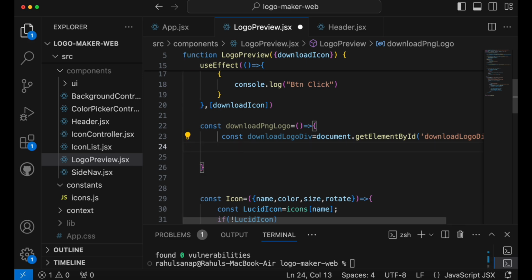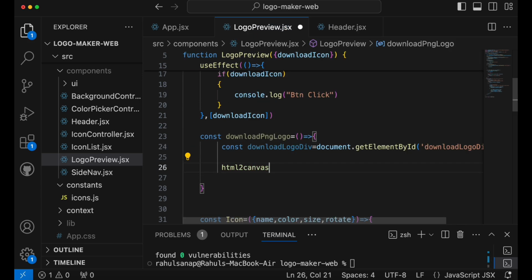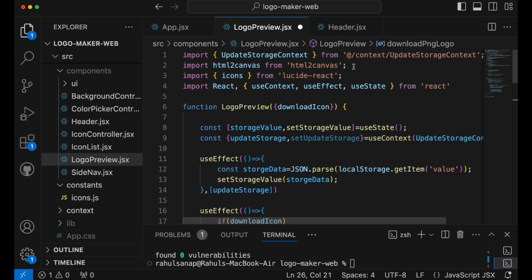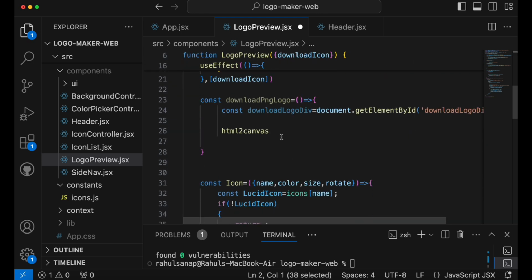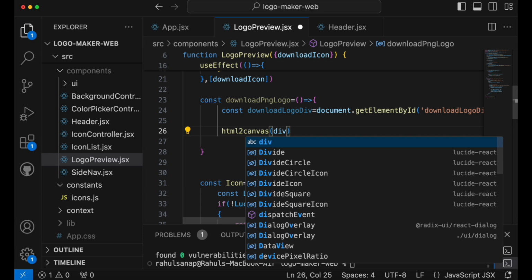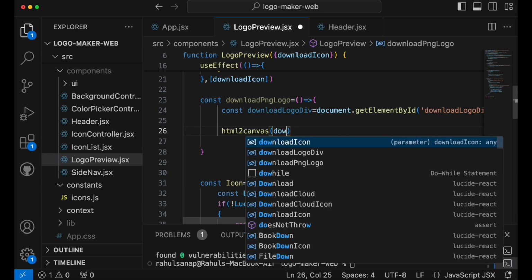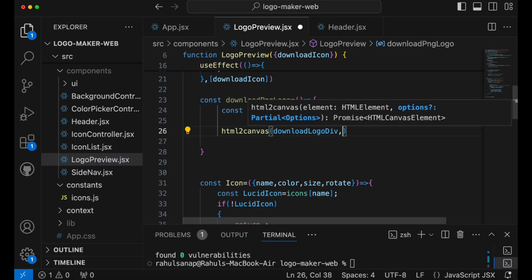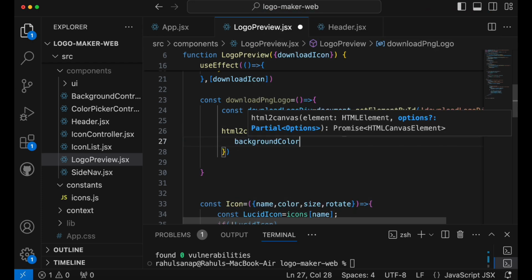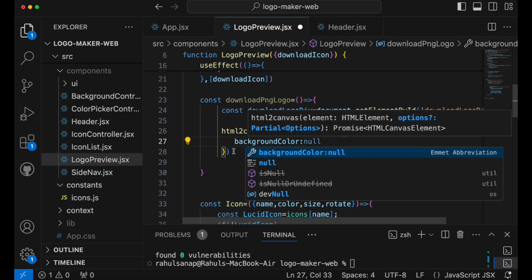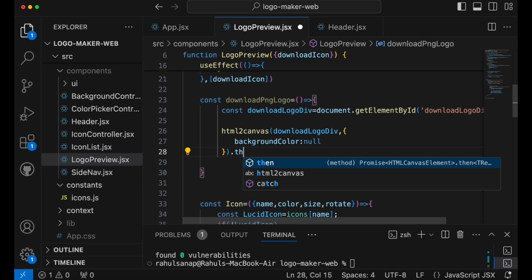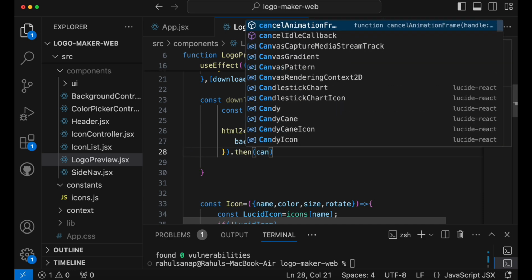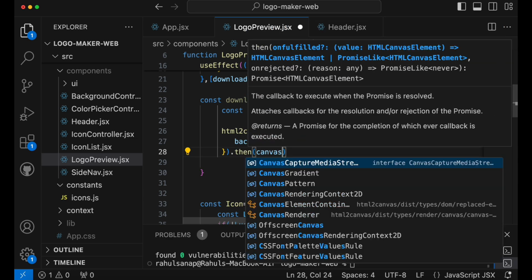And then once you install it, right here it has the method HTML to canvas. Make sure it gets imported, and then you can simply say div, download logo div, and then the arrow function. Here I'm going to add background as null, so we'll get the actual PNG image, and then method, because it returns a promise, so we'll get the canvas